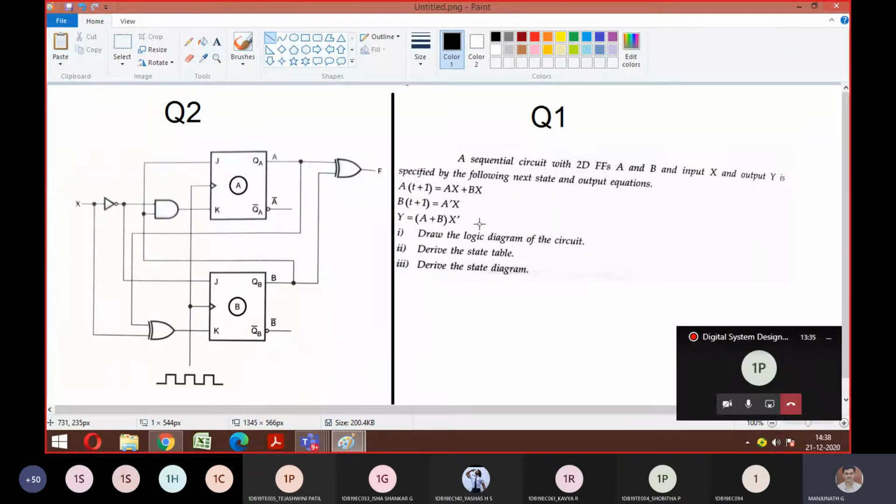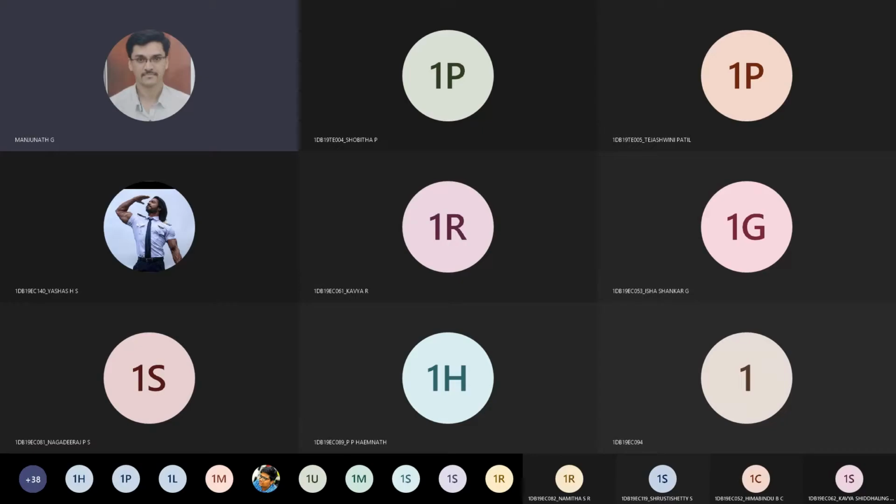Our agenda is clear. We need to write a logic diagram first. So just make a note of the equations first. Let me come back. Note down the equations here. Is it done? You just write down the equations, that's enough. Using D flip-flops, you have to realize it. We'll go ahead with how to do that, so I can go to the board. Shall I? Yes, sir. Okay, let me come back to the board now.